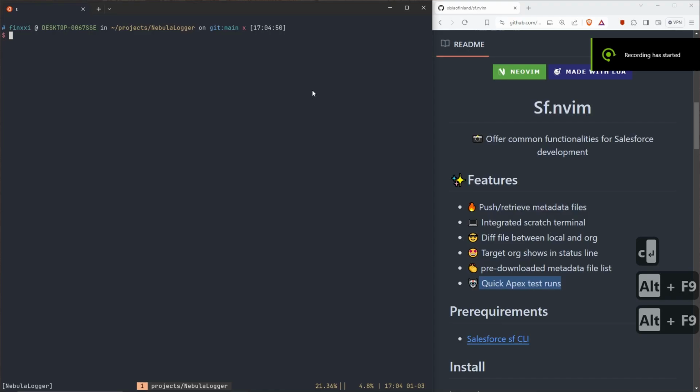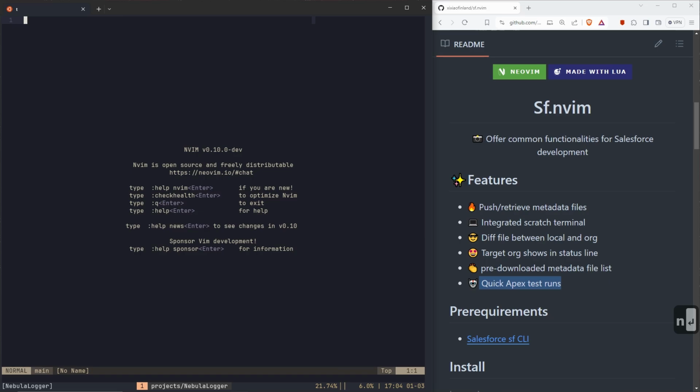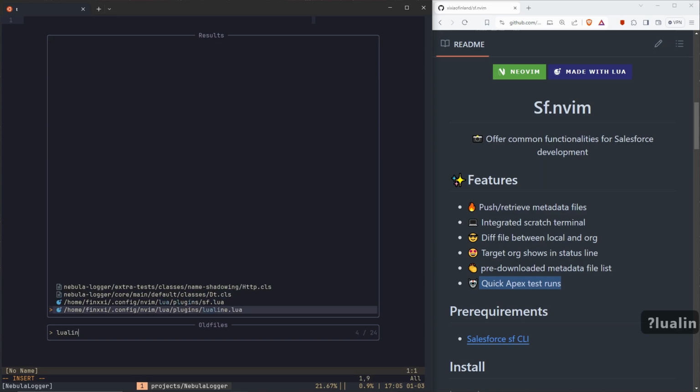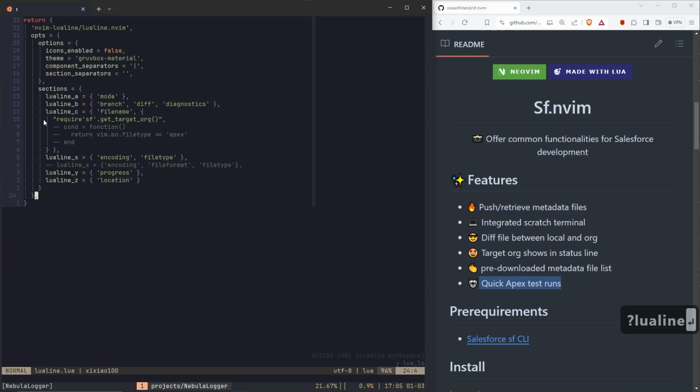Hey everybody, in this video we're gonna quickly talk about sf.nvim. So let's fire up a Neovim instance. The first thing I want to say is that in the status line you can see that I displayed this Shisha 100, which is the target org name. So what I do here is that in my Lua status line I have this